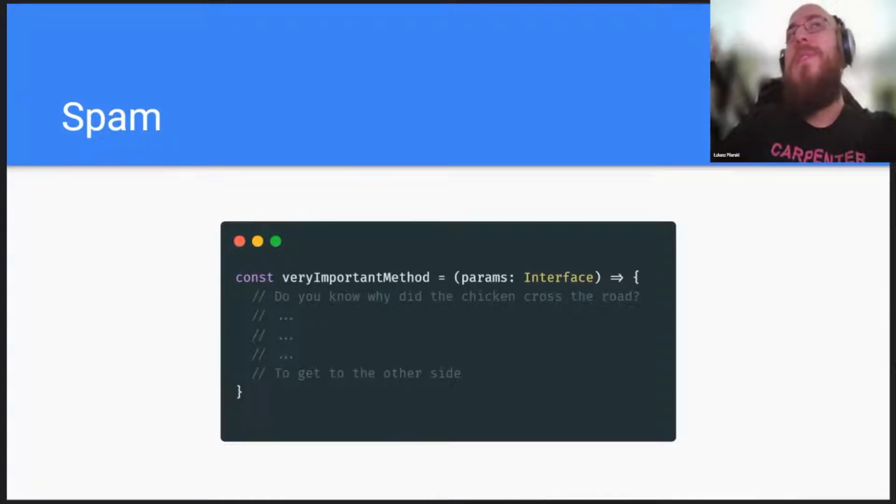Yes, of course. And there is also just spam, something that exists in the code base just because. I'm not really sure if it's worse or on the same level as comments that explain the code, but I would say it's somewhere there. It's something that should also not exist in the code, because